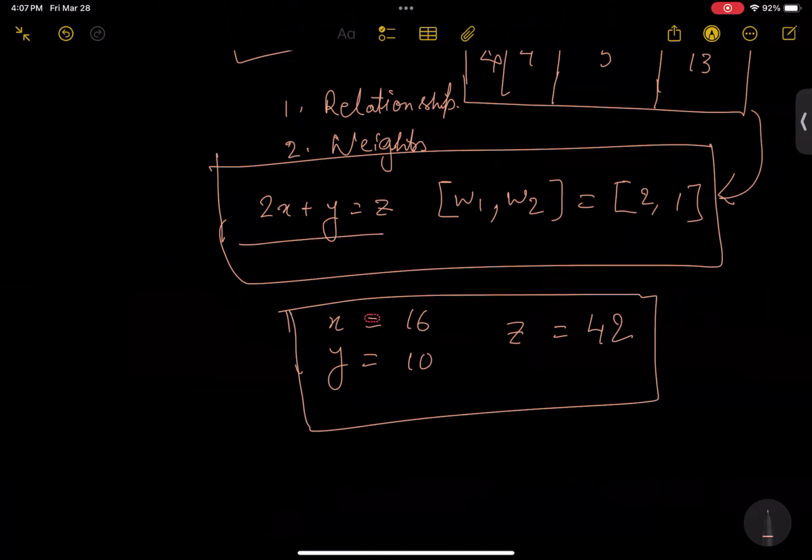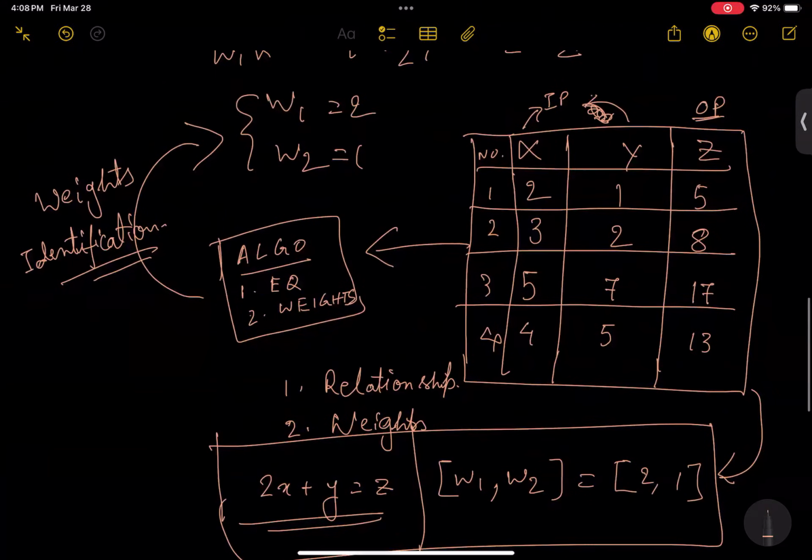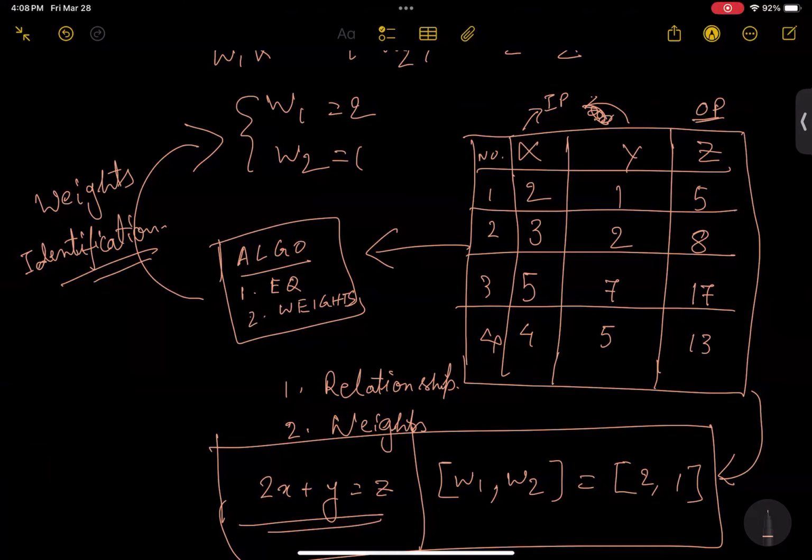You have to know the relationship between the two, and you need to know the weight. Correct? The way that you are calculating is the same way that the machine is also going to calculate. This is the basic understanding of how a machine learning system should work in order to train itself, right? This is not how all machine learning systems work, but this is a very childish way to understand how a complicated system works.